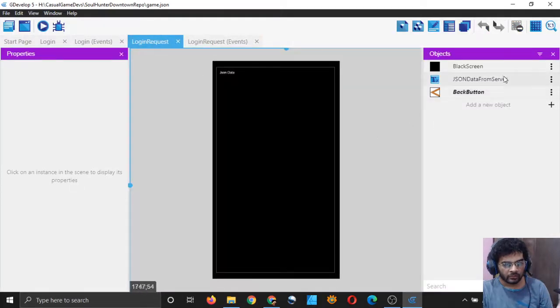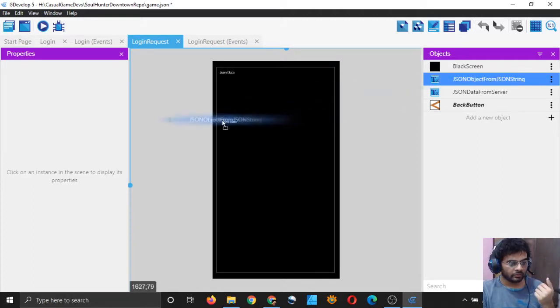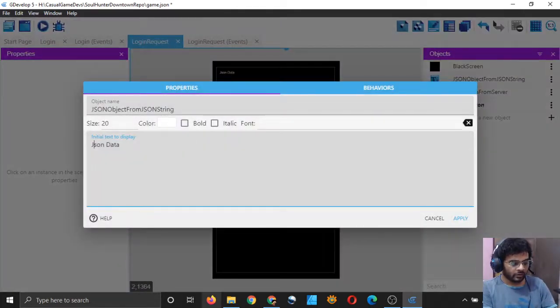So I will simply copy this text, duplicate this text object, and call it JSON object from JSON string. This is the JSON object which we have derived, parsed from the JSON string. So I will simply drag it here, and by default the text to display should be JSON object, right?